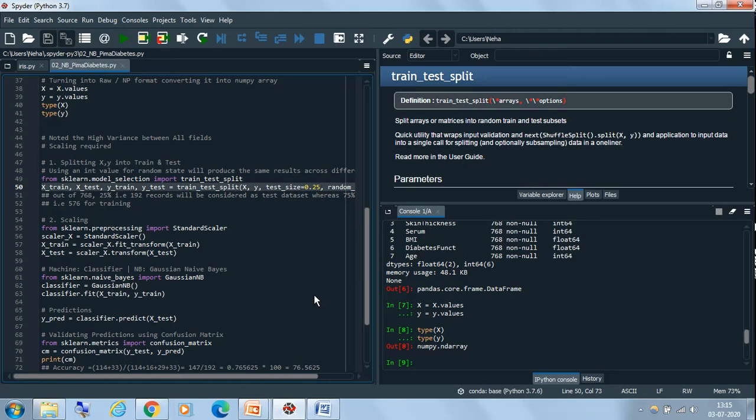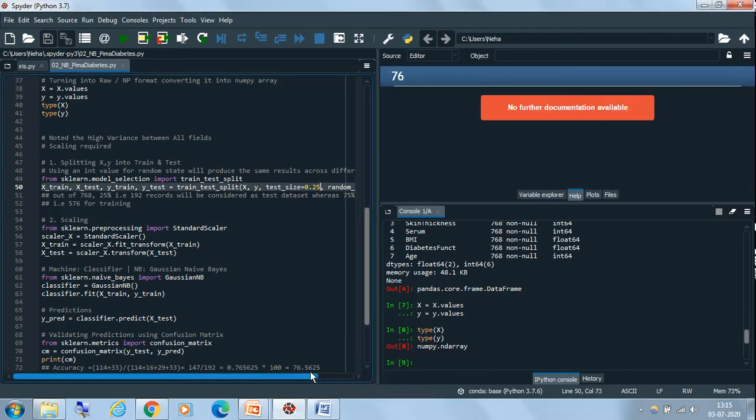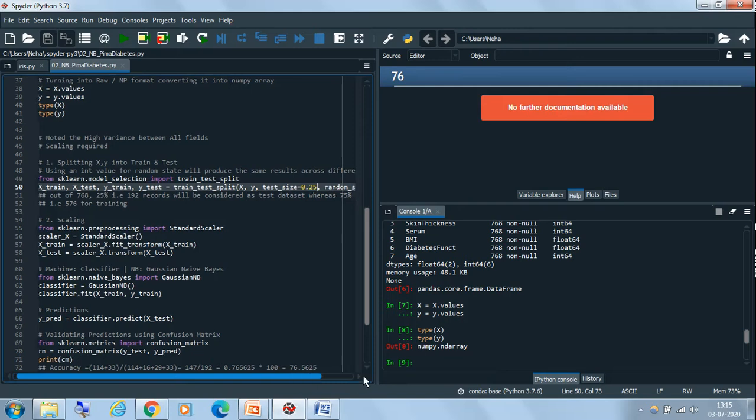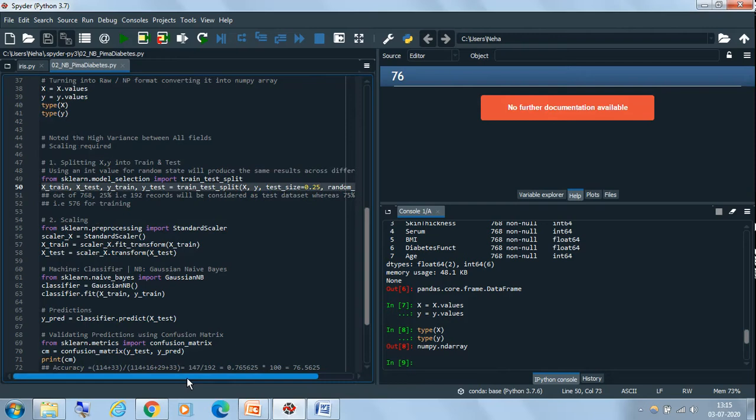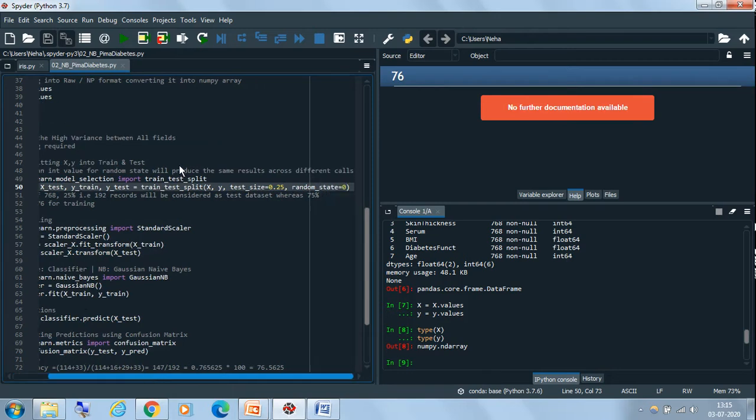Then you have the next parameter, which is random_state. Random state is 0. It is used to shuffle the sequence of the data set every time you execute the same program or the same function. Initially I have kept it 0.